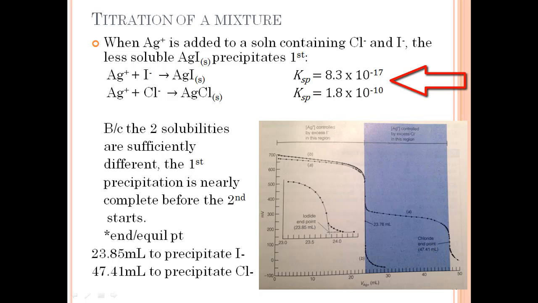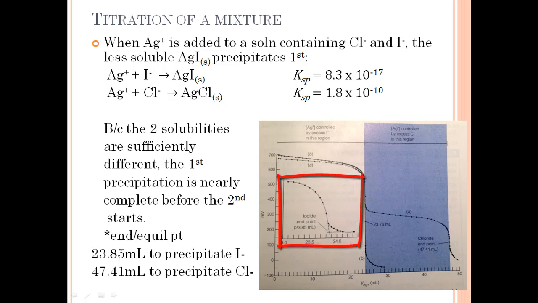Because the solubilities of those two reactions are significantly different, I mean, one's 10 to the negative 17th, the other one's 10 to the negative 10, that first precipitation is almost nearly complete before the second one actually starts. So look here, where it says curve B, that is the titration happening with AgI, because you notice that B, look at the voltage down here. The equivalence point of that AgI reaction happens at around